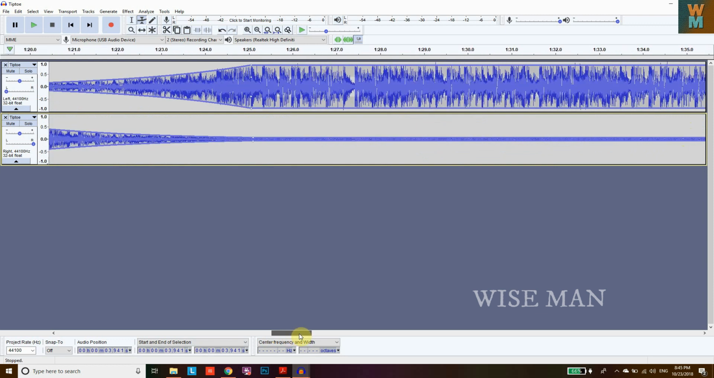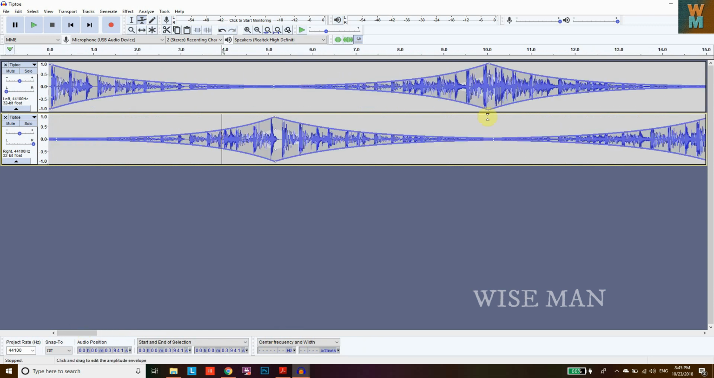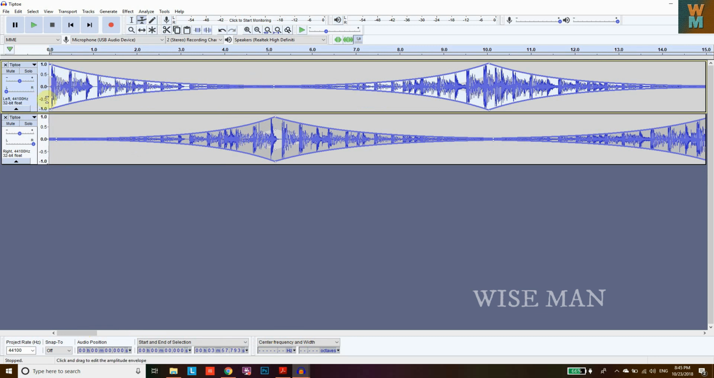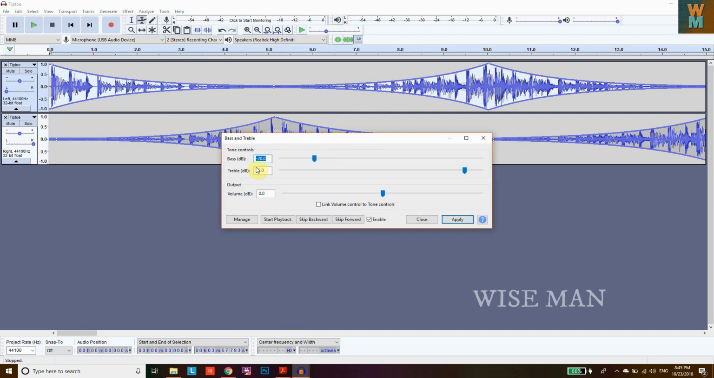Now I am going for only 1 minute 25 seconds. Now what I am going to do, if you have done this for the whole song, then the main thing is that you have to click this song, the left channel, and then go to effects, go to change, go to bass and treble. Here you can increase the bass of left or right, whichever you want. So let's put bass 0 for this and treble like 25 for this,